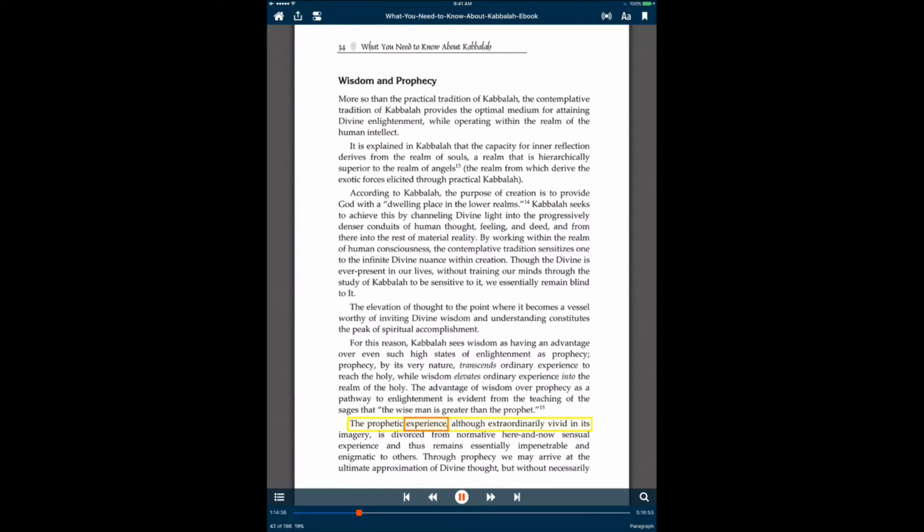The prophetic experience, although extraordinarily vivid in its imagery, is divorced from normative here and now sensual experience and thus remains essentially impenetrable and enigmatic to others. Through prophecy we may arrive at the ultimate approximation of divine thought, but without necessarily